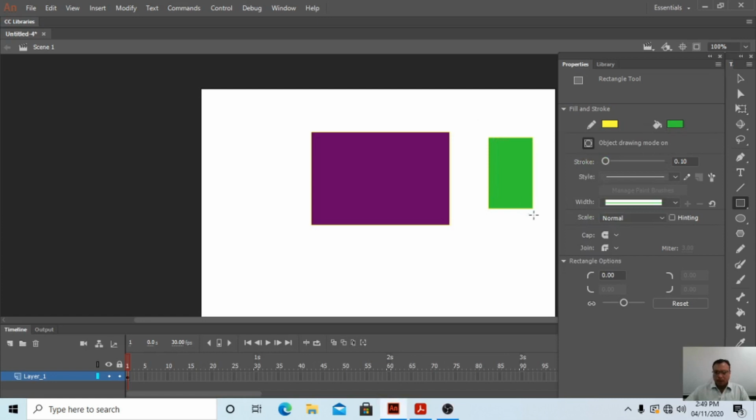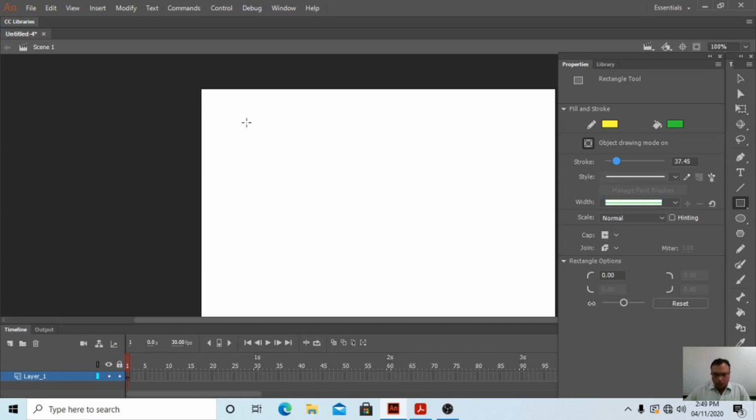This way, we get this square. How will we identify it? Now students, we are just removing this one.